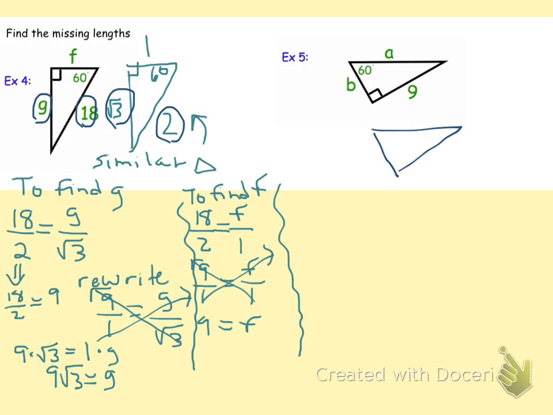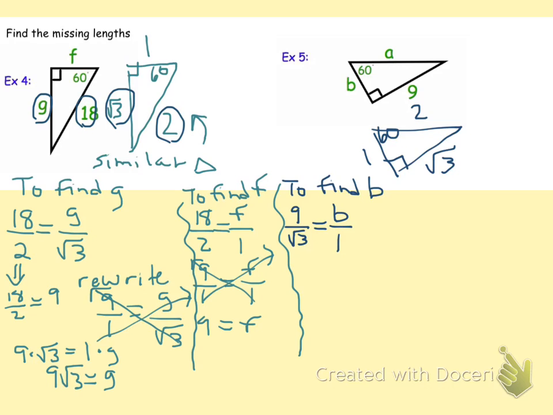Now let's go to example number 2. Let's first start with a similar triangle, 30, 60, 90. It's going to look just like our triangle above. Remember, root 3 is across from the 60, 1 is across from the 30. So to find b, we start with our 9 over root 3